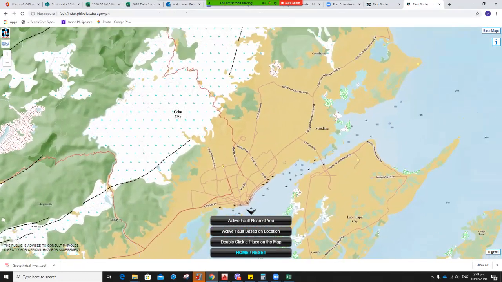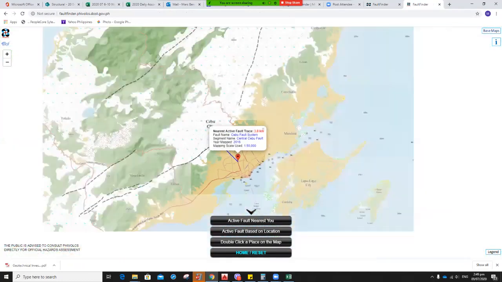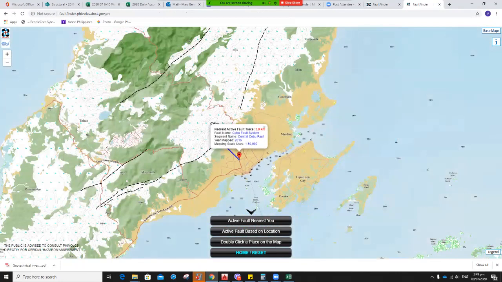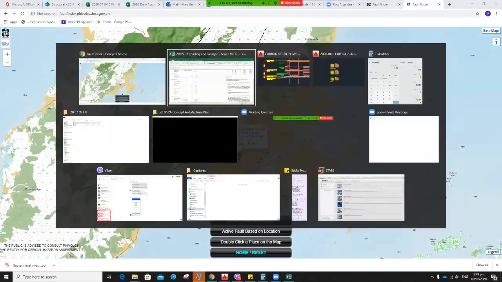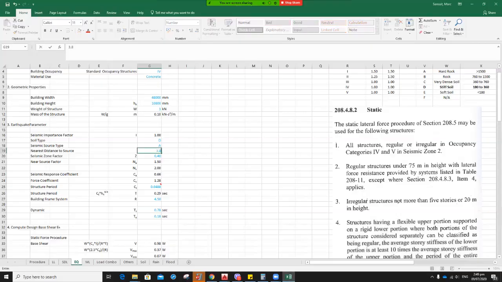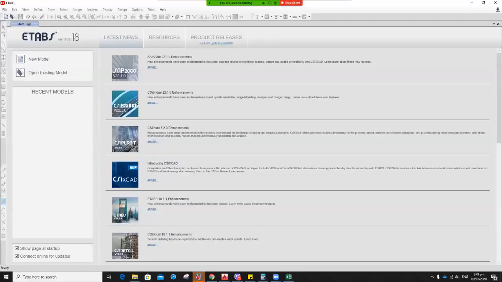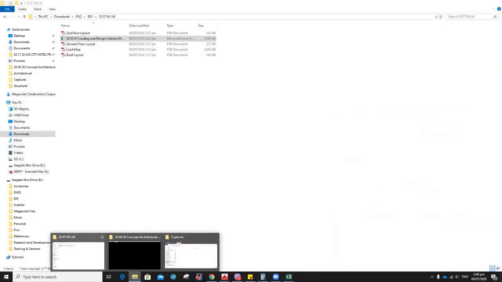It's near Cebu City, so it will be somewhere here. There, so it's around 3.8 kilometers. Okay, so just put 3.8 here. Zone 0.4 since we are in the Philippines. Okay. Oh, I just accidentally pressed this ETABS. So let's go to the